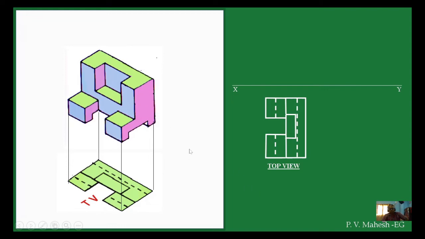Now for the first 3-4 questions we'll just focus on what will be there in the front view, side view and top view, and not on dimensions. Dimensions are easy once you understand the concept. So in the front view, you will see this pink color portion. This pink color portion will be there, and this corner has some hidden edge, and this corner too, so here one hidden line will be there, and that's about it.